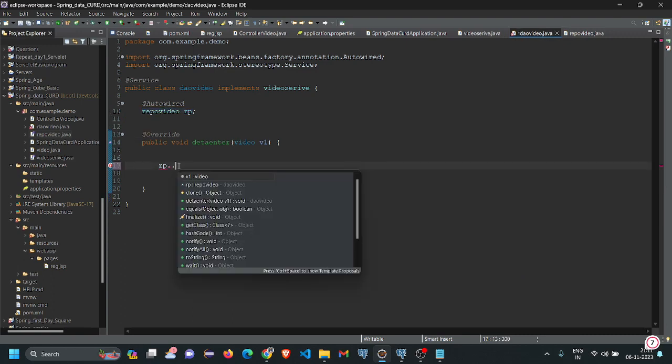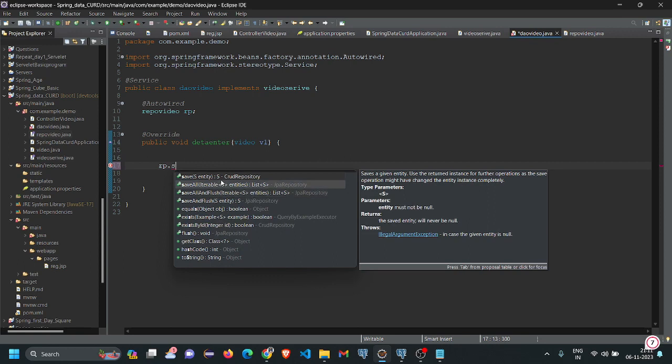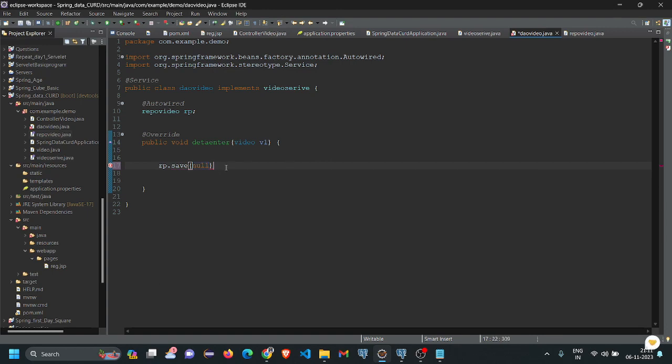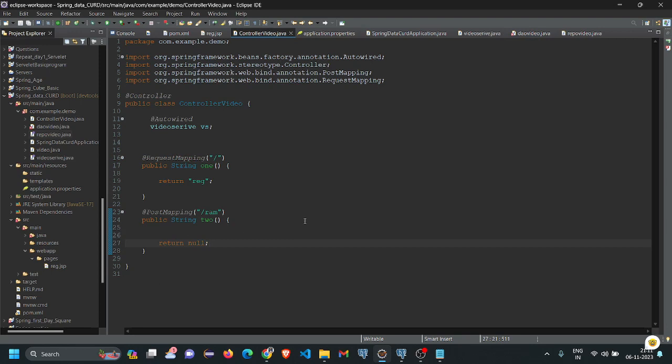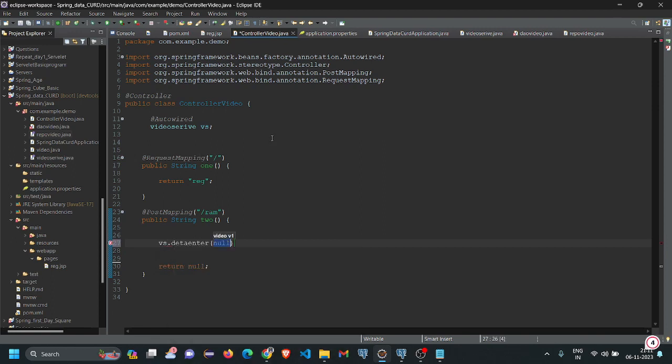So rp dot, for example, we have to put data into the database, so we call the save method, s1 dot save. Okay, temporarily we will not put anything here. We have to come to the controller and just call that method. That method name is vs dot data enter, and in this null we have to mention something here,